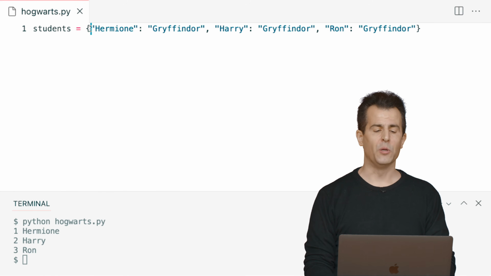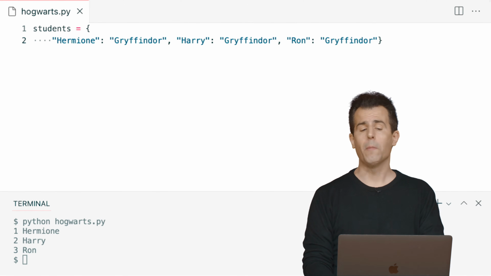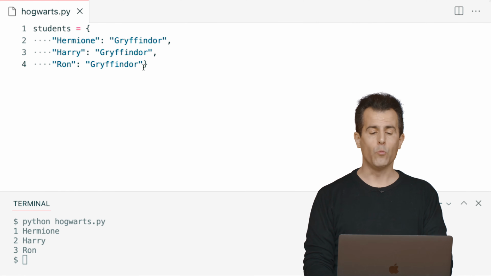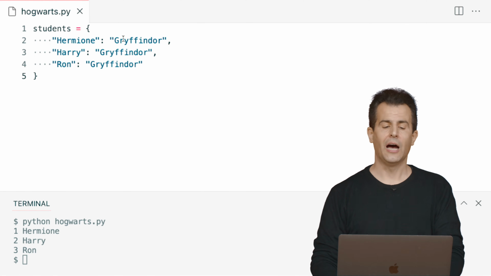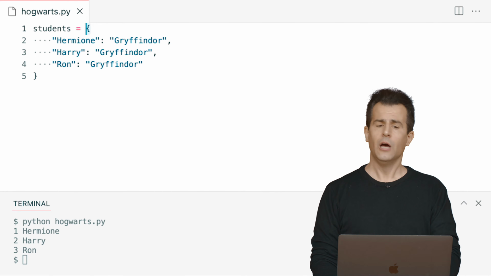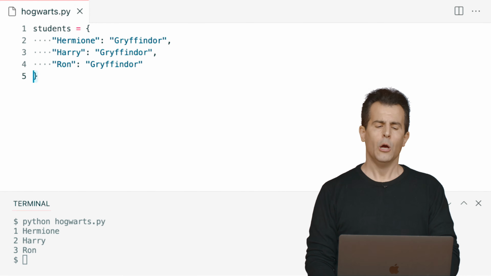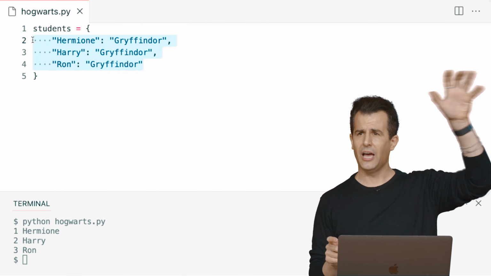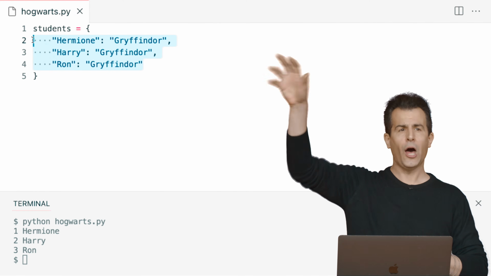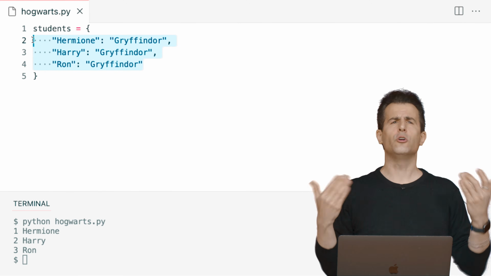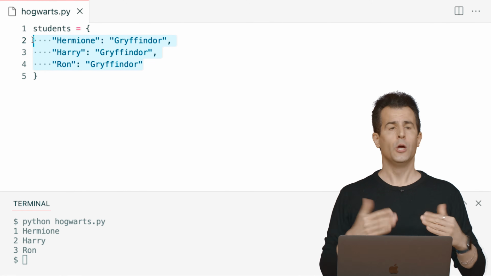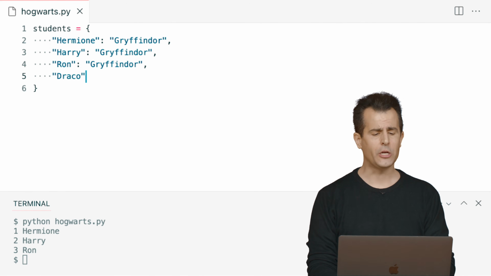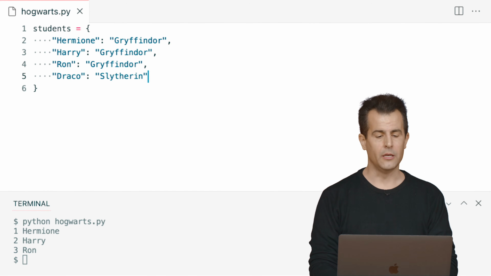It is perfectly acceptable in Python and other languages to format your code a little more readily and just add new lines if it makes it more readable. And one way of doing this might be as follows. I still have my curly brace up here. I still have my curly brace down here. But notice it's a little more readable now in that I have my keys on the left, my somethings, and my values on the right, my other somethings. It's just a little easier to skim top to bottom. You could format it differently as well. But I'm going to go ahead and add in now Draco, who lives, of course, in Slytherin.